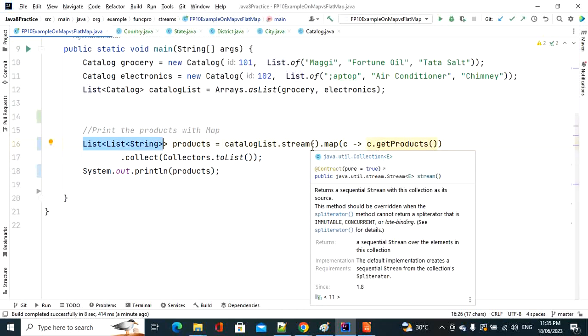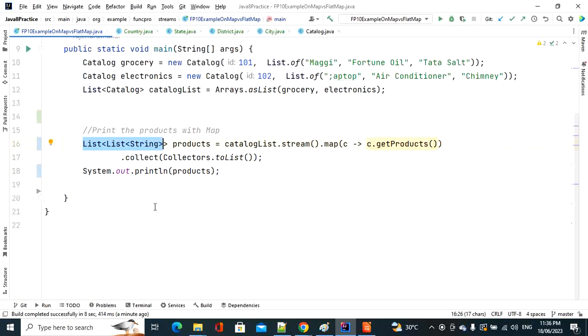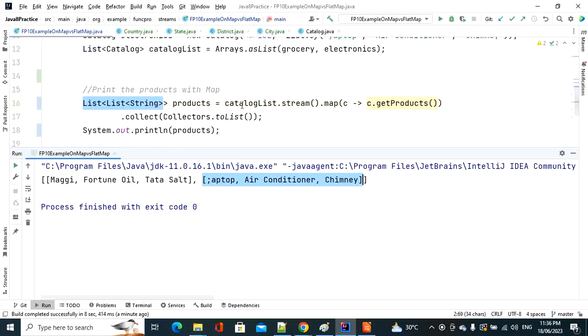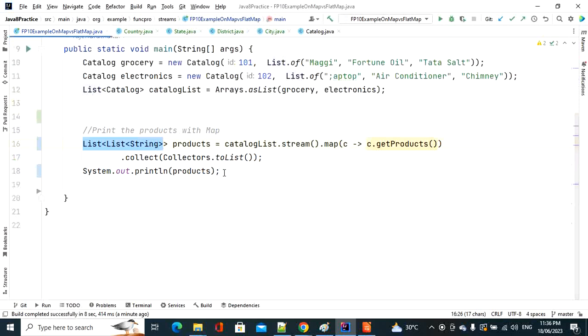But this is not our requirement. Our requirement is to print only a list of products, that means a list of strings only. I don't want an output like this. I want all the products: product one, product two, product three, product four, straight away in the form of a list of string. I don't want a list of lists. If that is the requirement,